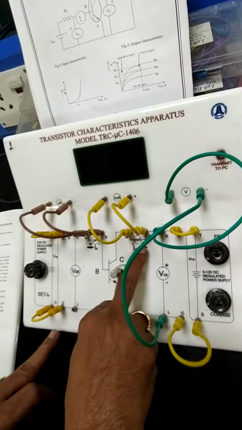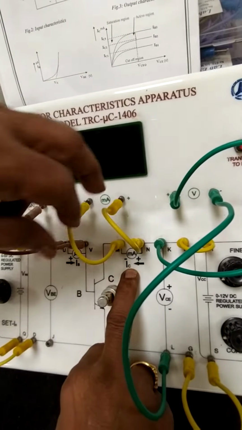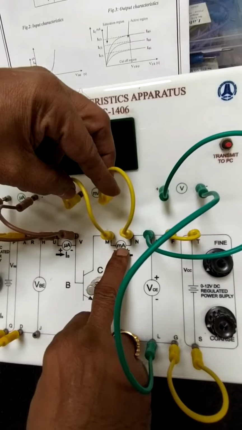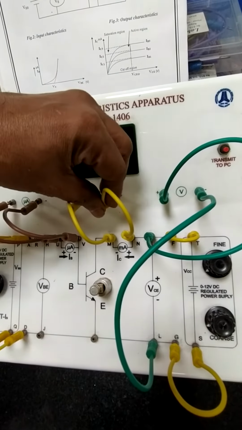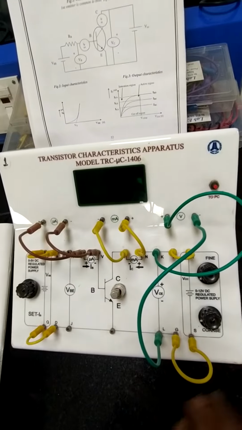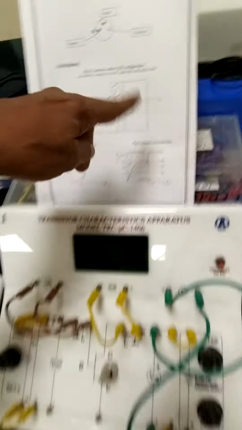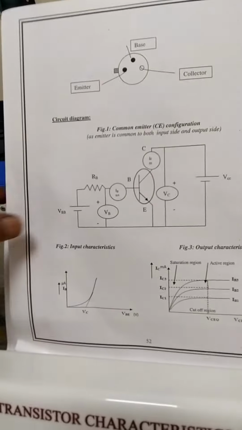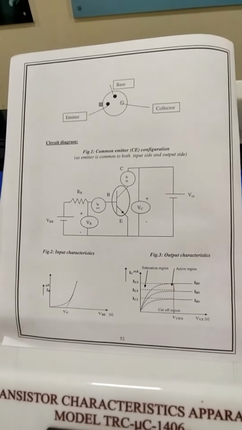And finally IC, the output current. The IC terminal should always be in milliamps. This is connected to these two terminals. So this completes your circuit. Now we have to study the input characteristics as well as the